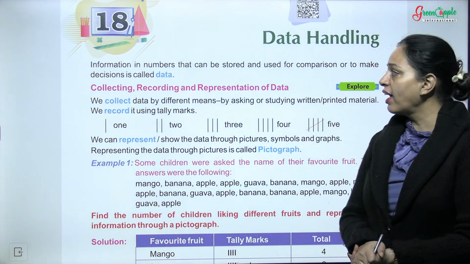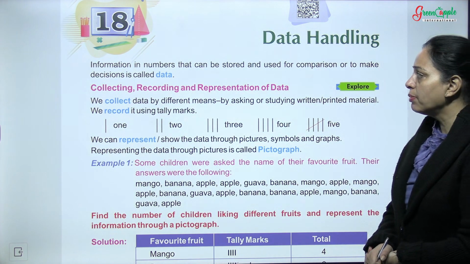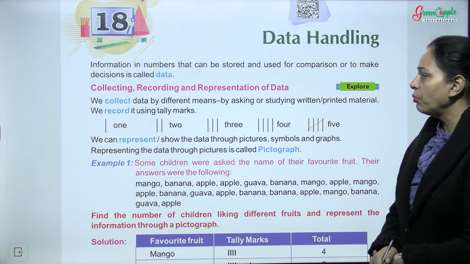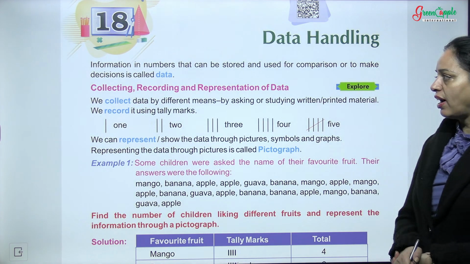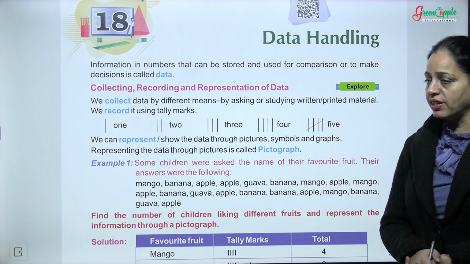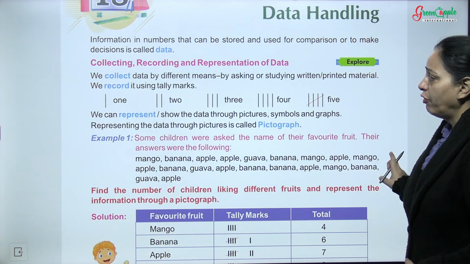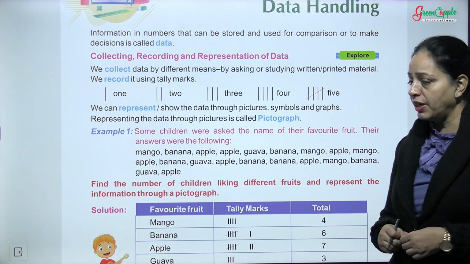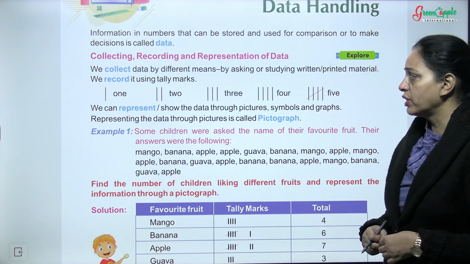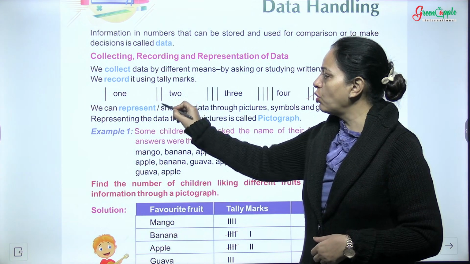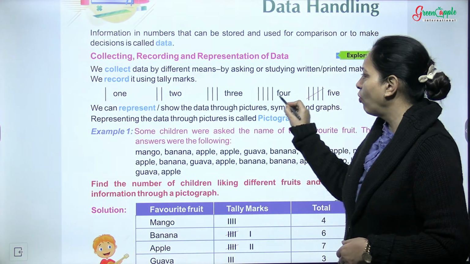Chapter 18, Data Handling. Information in numbers that can be stored and used for comparison or to make decisions is called data. Collecting, recording and representation of data. We collect data by different means, like by asking or studying written or printed material. We record it using tally marks: 1 is one line, 2 is 2 lines, 3 is 3 lines, 4 is 4 lines,